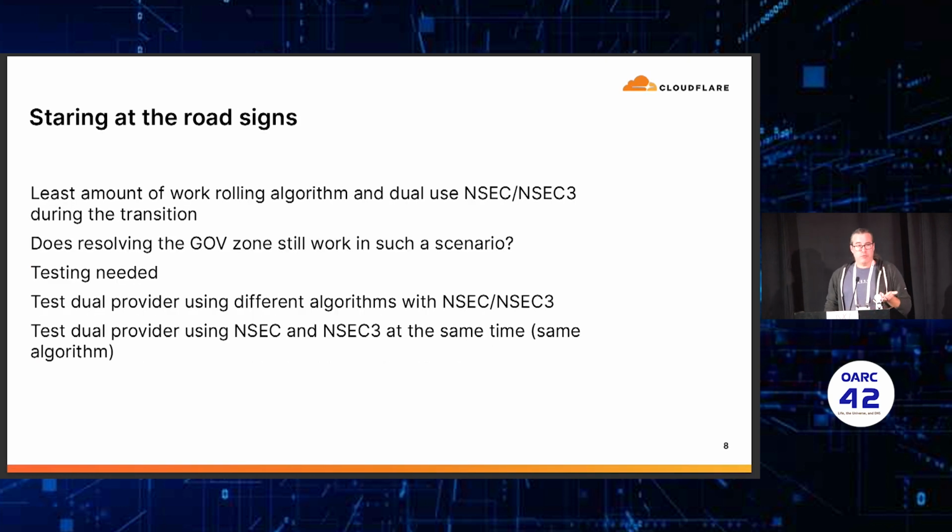The least amount of work would, of course, have been to use option 1, do the algorithm roll, with dual use of NSEC and NSEC3 during the transition. But the question then, of course, arose: would the GOV zone still resolve during the transition if that was the way we chose? And we knew in order to fully realize if this was a valid scenario, we had to